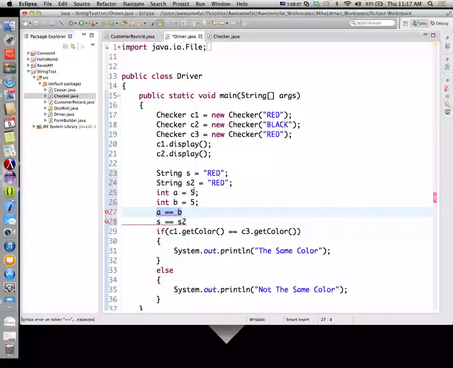So the literal 5 will be stored in one place in memory. The literal red, the first time it's used, will be created in memory. The next time it's used, before it creates a new location, it'll check to see if that literal is already in memory. And if it is, it'll just point to the same place it used to point to. That make sense? Okay, so the idea here is that